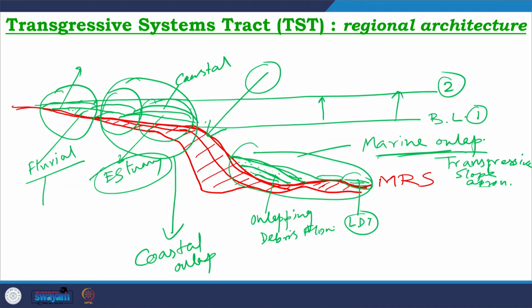Both these wedges try to shift towards the basin margin, towards the shoreline or across the shoreline in the landward direction during the transgression, following the general retrogradational trend which is characteristic of transgression. And during this backward movement, each and every depositional system tries to onlap over the earlier landscape or earlier seascape, and they move towards the landward direction.